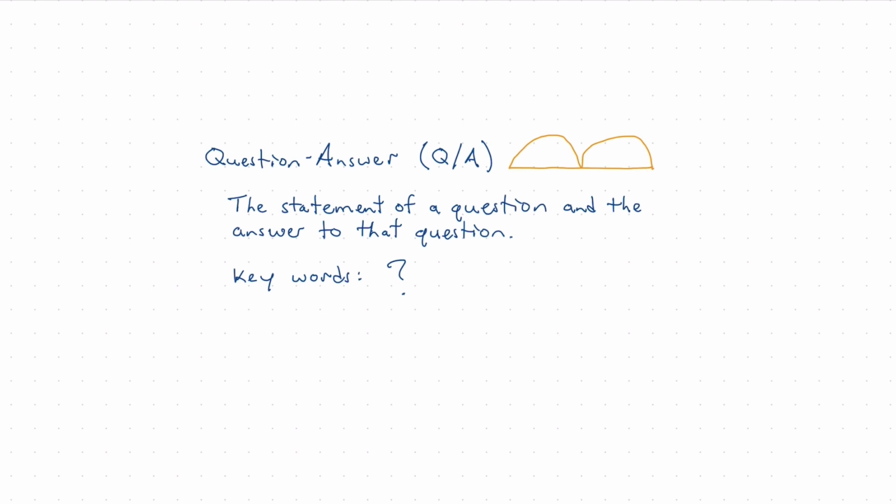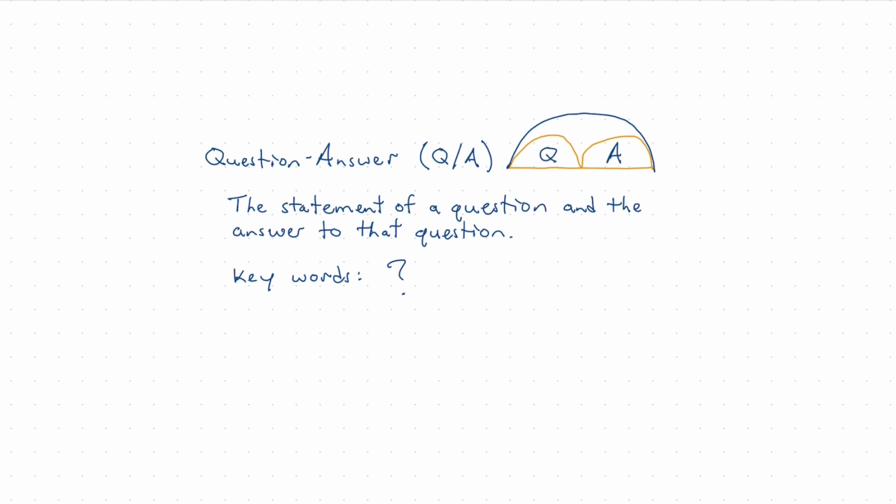Our shorthand for question and answer is simply going to be Q and A. We're going to use that in our arcing. And you'll see that with our arcs here, we'll just write, because it's a subordinate relationship, Q and A under the two arcs. And we will arc that under one arc there.